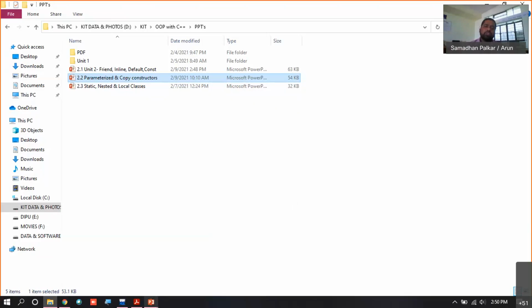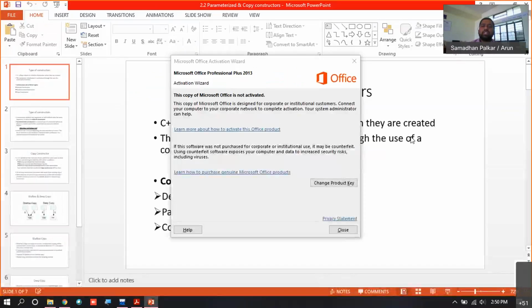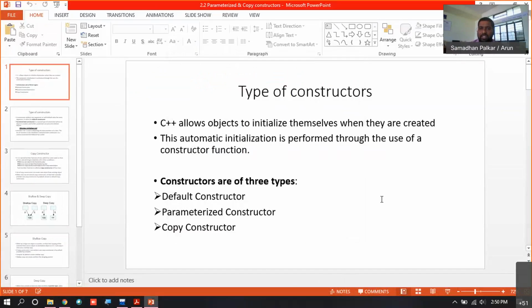The name of the constructor is same as that of your class name, right? So whatever your class name is, the constructor's name is written the same as that of the name of your class, right? So in C++, this parameterized constructor comes under a type of constructor, wherein we need to check other things also related to type of constructor. So even though you have parameterized constructor inside your syllabus, we need to check those three things there, right?